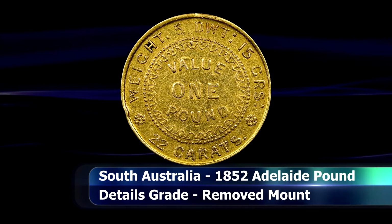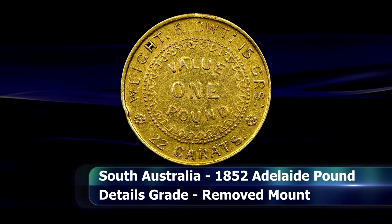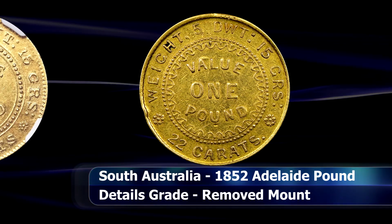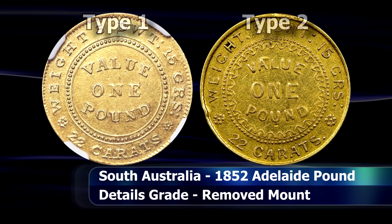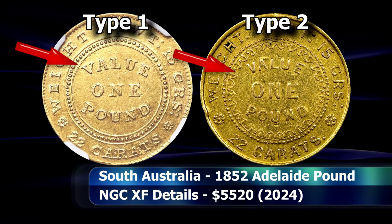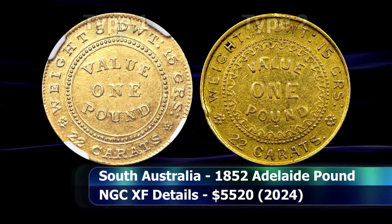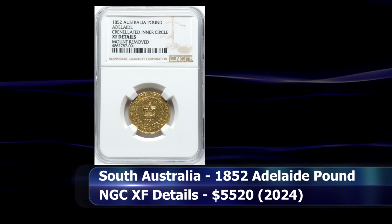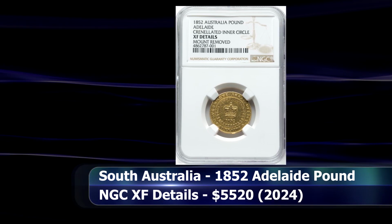What we have here is an example of the Type 2 coin with the crenulated inner border, distinguishing itself from the Type 1 coin, which had a simple encircled perlated border instead. This coin was graded by NGC as XF Details for being an X mount and sold at auction for